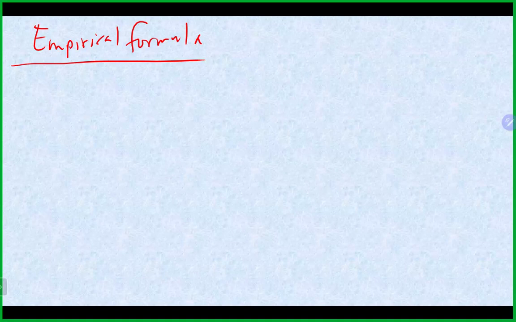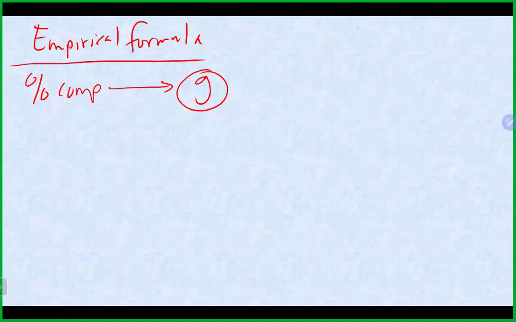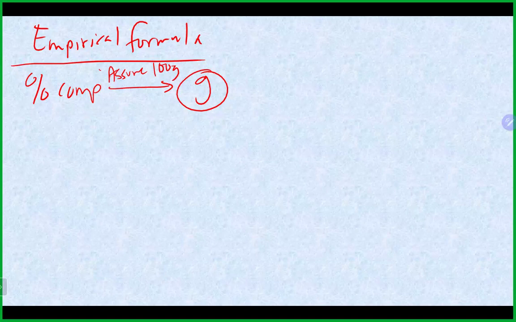remember that if you're given everybody in percent composition, you basically want to get them to grams or whatever unit you may be given. You do want to get everybody to grams. If it is percent composition by mass, you do want to make sure that the percentages add up to 100%, that you're not missing any element. Then what we typically would do is just assume that we have 100 grams. Again, the reason we assume we have 100 grams is it pretty much keeps the percentages numbers and the grams